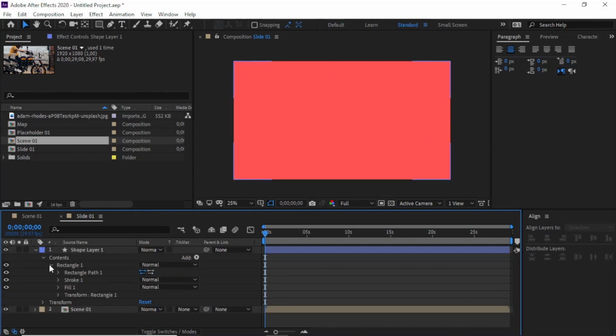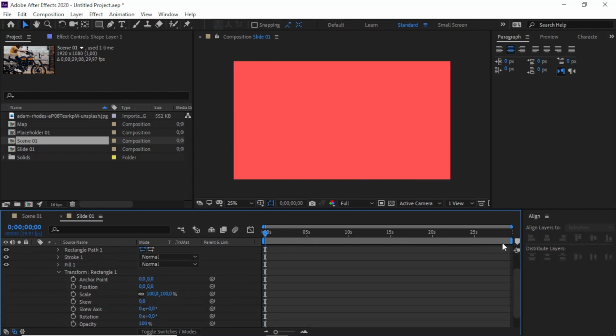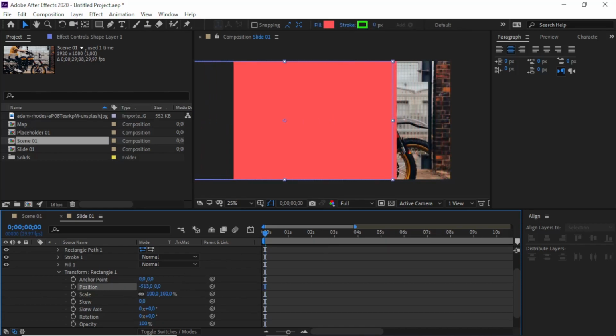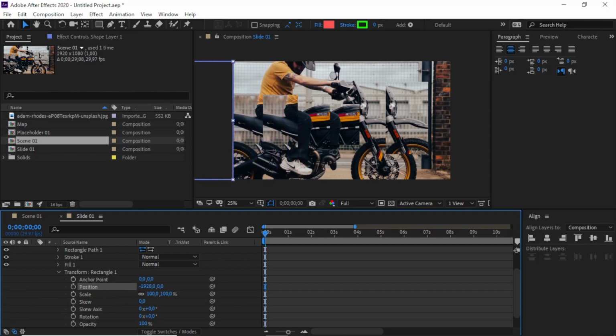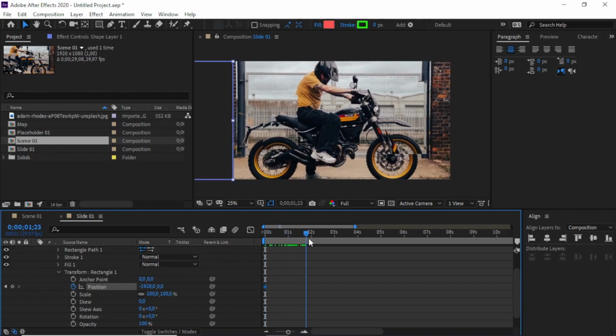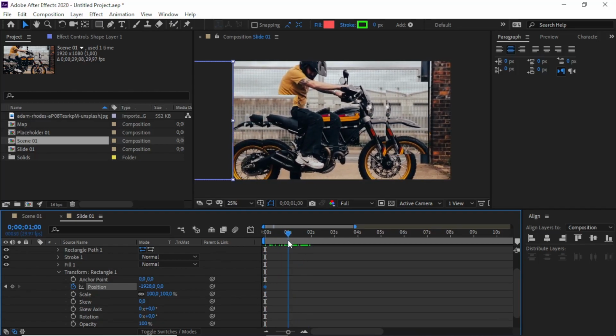On a rectangle pad, open the transform, and I think we can use the position here to make it out of frame like this, and go about, let's try 1 second and bring back to 0.